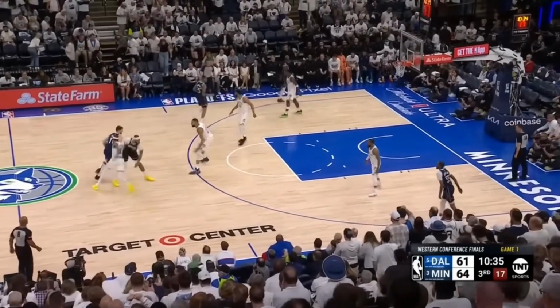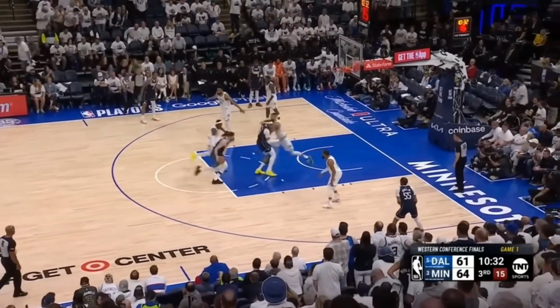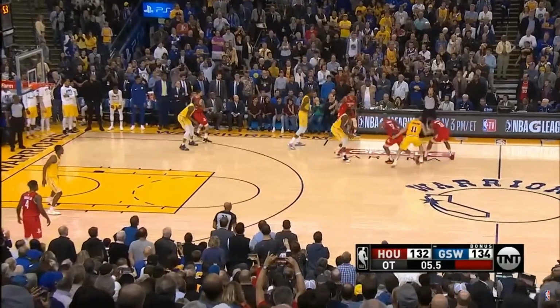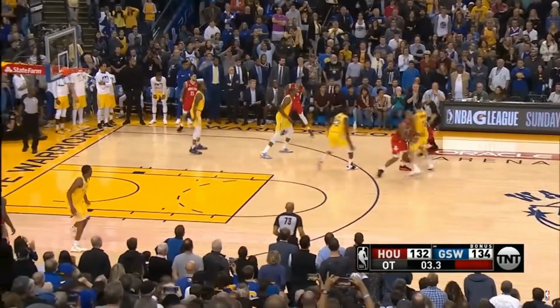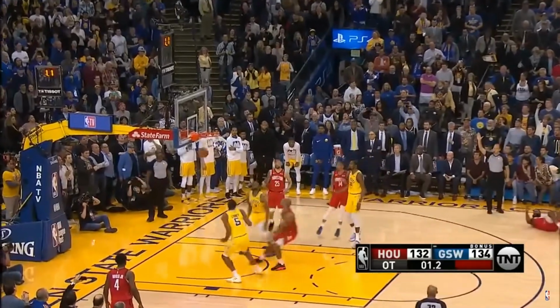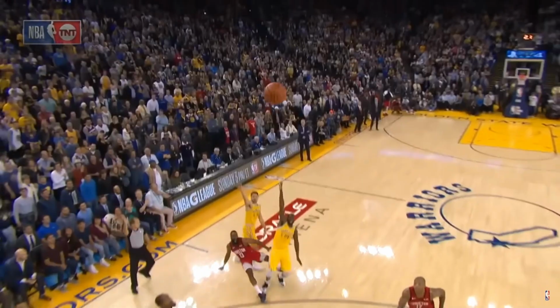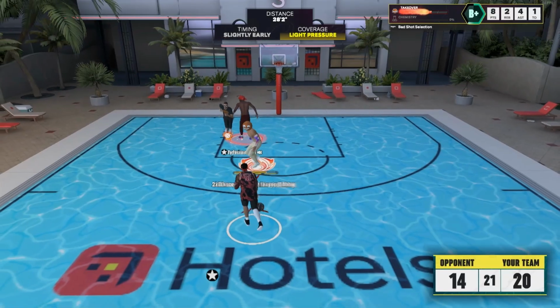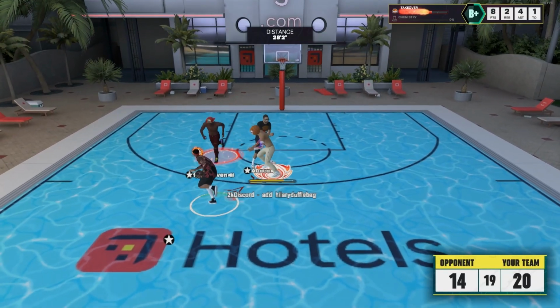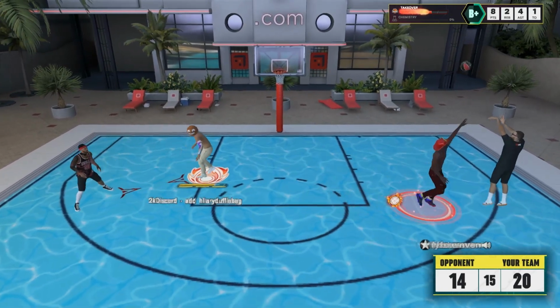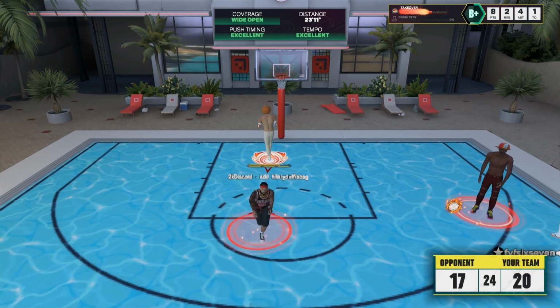Screens have been in the game for decades, and while you can sometimes get stops on individual plays, the action itself has too many variables to be able to guard it 100% of the time. So I'm not going to sit here and say, oh, do this one trick and you'll defend all the screens. But we will talk about some different ways that you might not have thought of before, might not have known about. But as I said, this video will cover the basics and then jump into how you can utilize